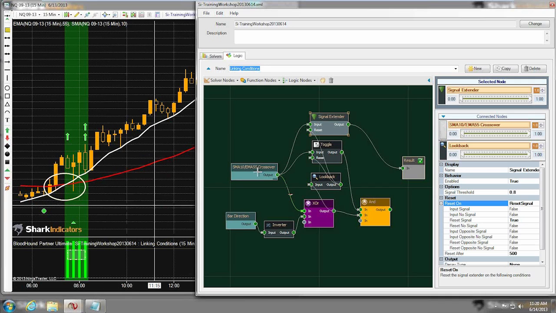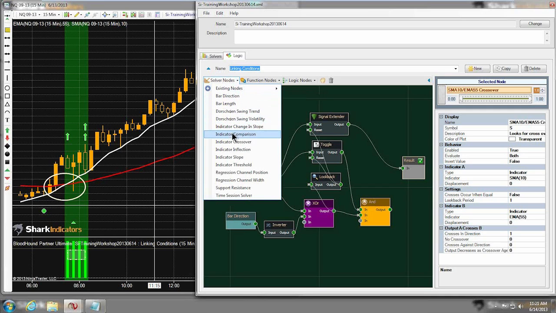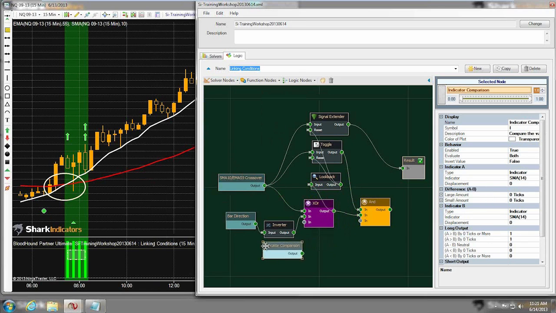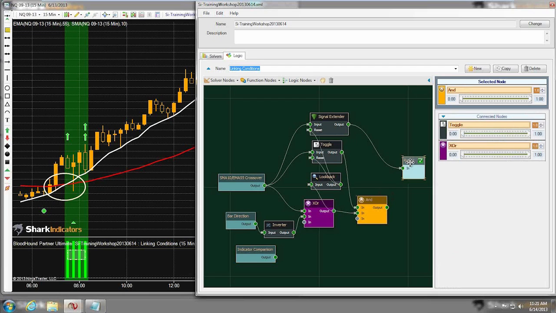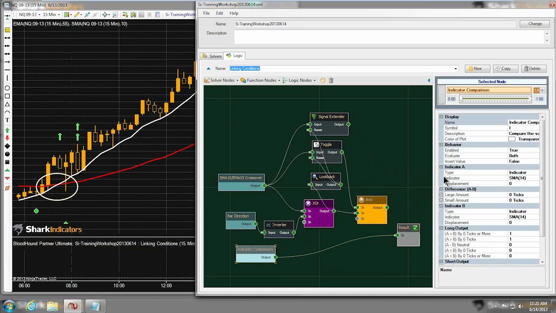So the reason why I didn't do that, Dan, is because it wouldn't have demonstrated the conditions I was trying to teach you guys today. So what Dan is saying is, this is another way to do this: I'll take a comparison solver that's connected in here,